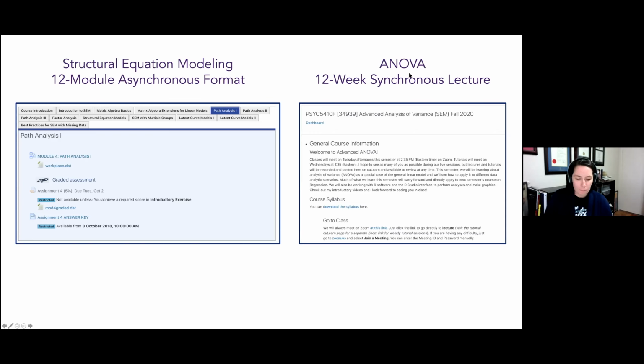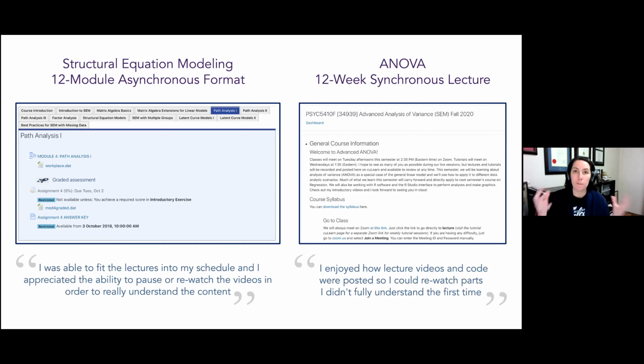So I would say the first and most important lesson that I'm taking away from all of this, teaching synchronously and asynchronously online, is how much the students really deeply appreciated having recorded videos as a component of a course. So these are quotes from their respective classes, and as you can see, it's essentially the same comment in both cases.